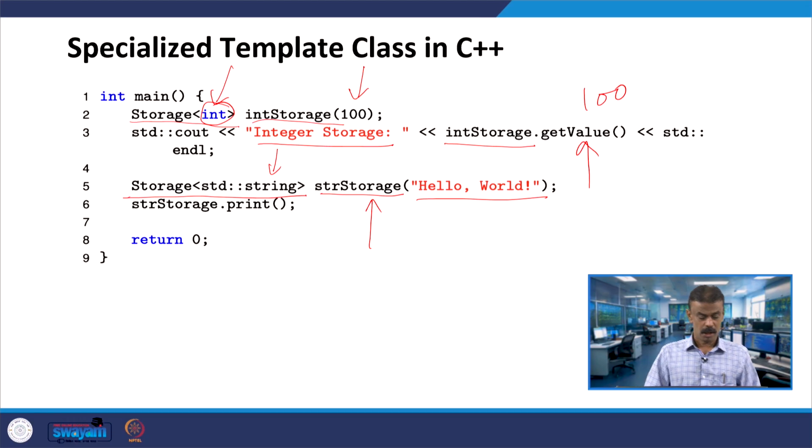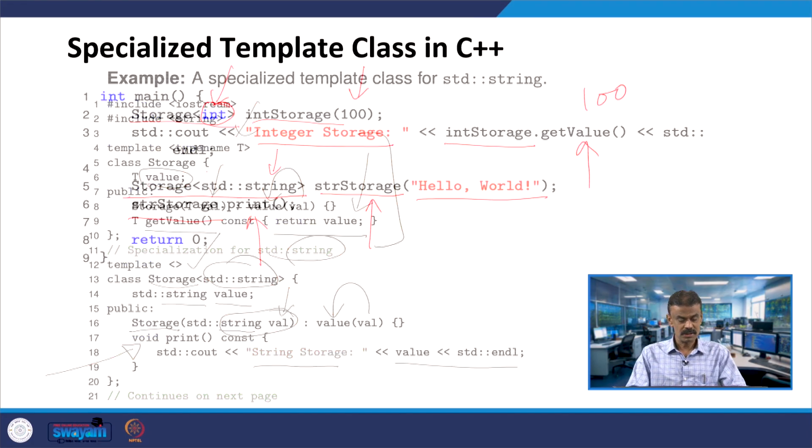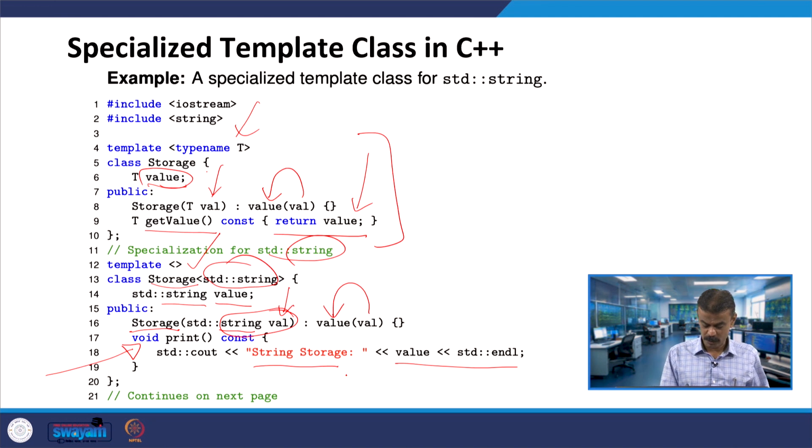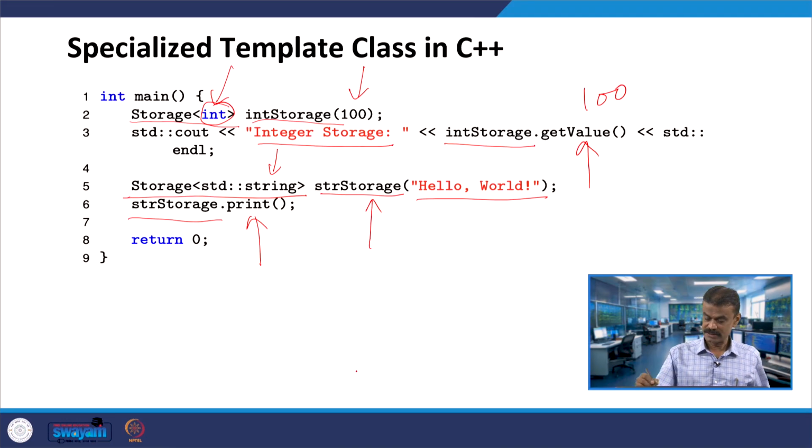When I am calling print using the str storage, that means str storage is invoking the print member function. So it will print string storage, and what is the value? Hello world. So one output is integer storage 100, and here string storage hello world, right.